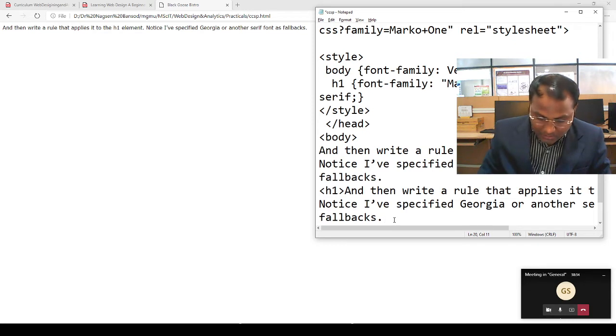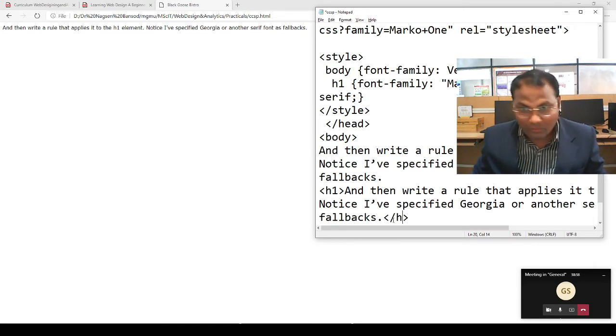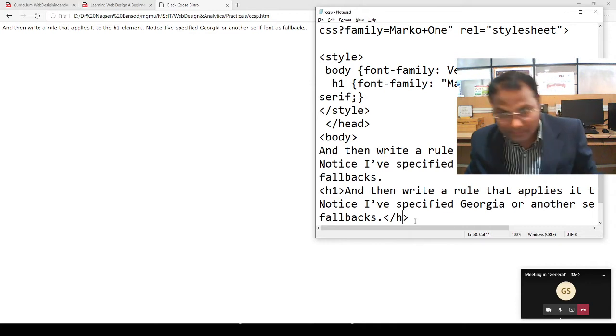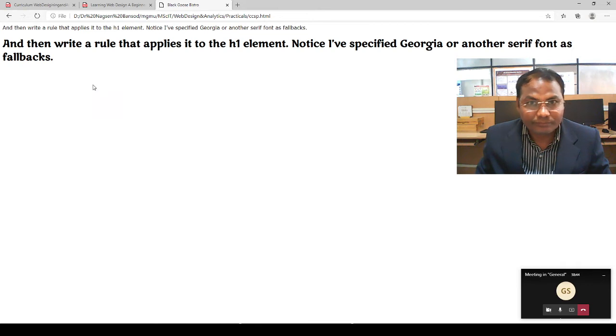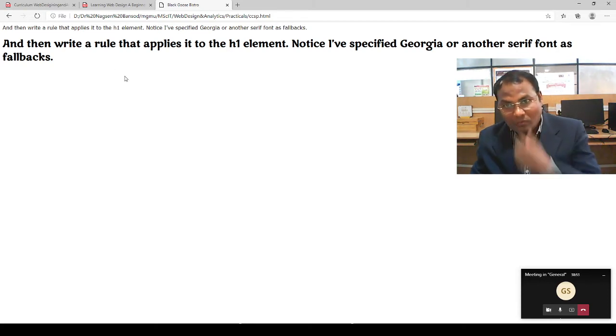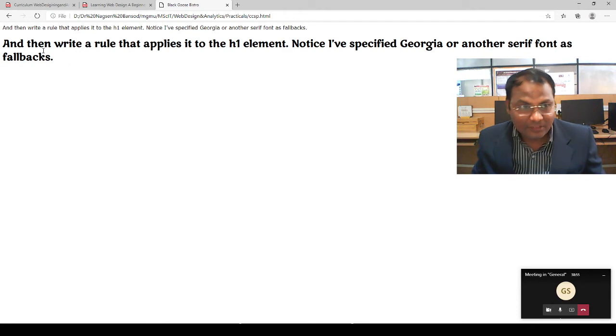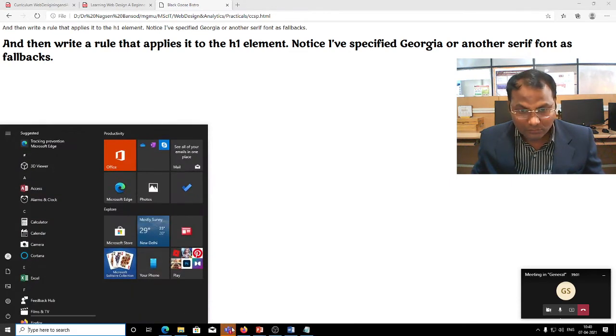Now you see the font style of this and the font style of this is changed. We have added the CSS file. Hope this is visible to you.